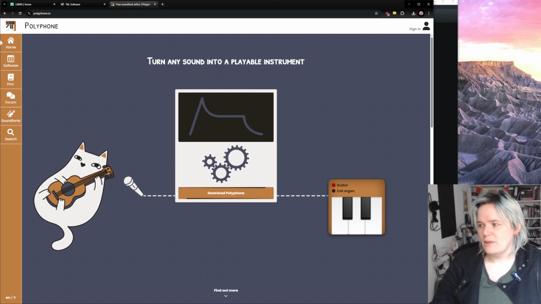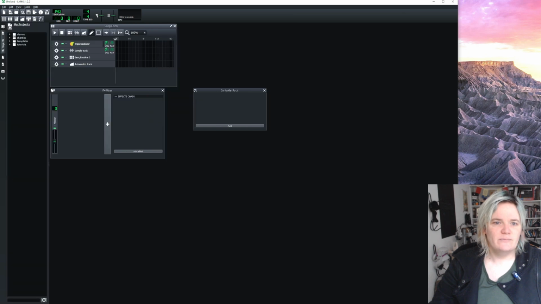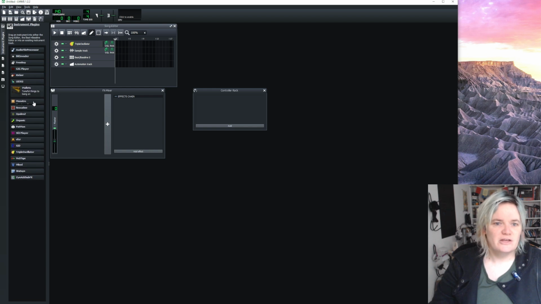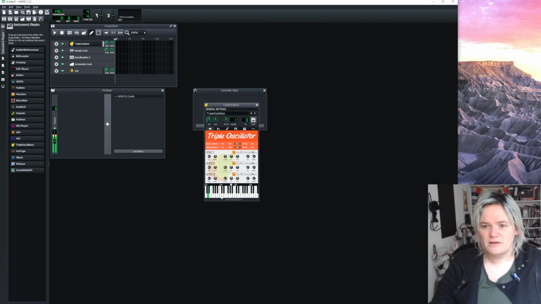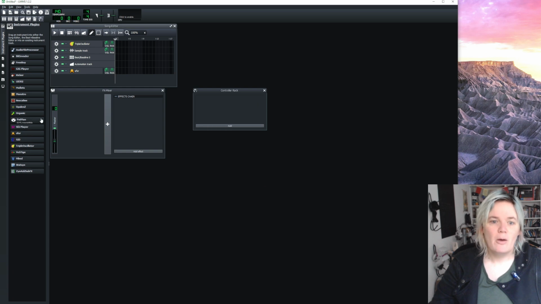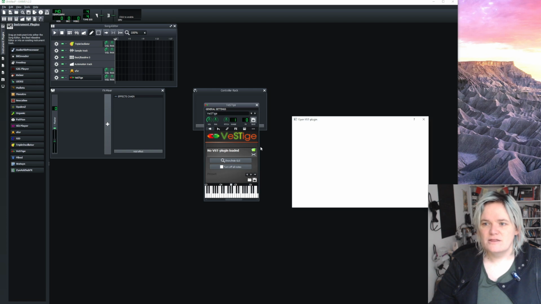So if I pop this open, you see there's a whole bunch of stuff here, and it's really fun. The triple oscillator is already in there. It's the native version of their thing. You see it's got a little thing, and then you can do little bits and bobs. I'm not going to duplicate that, but it's very similar to the thing I'm going to show you now, which is you get Vestige. So this is a VST thingamajiggy,